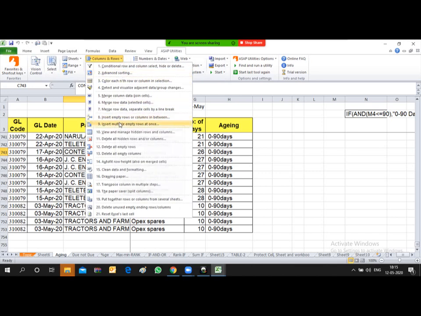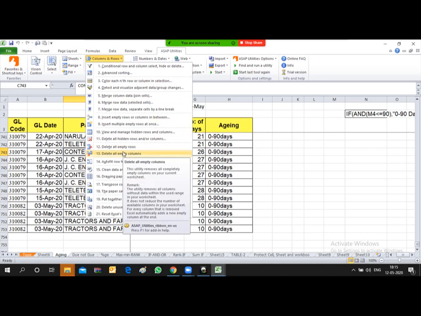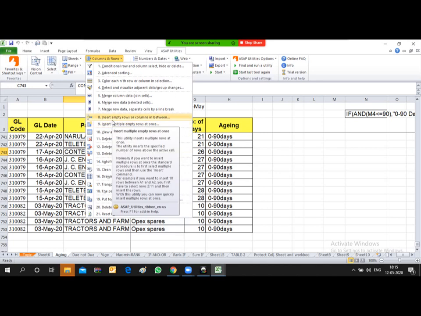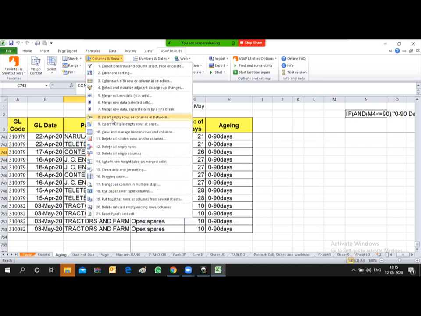Insert empty column. So many options are available over here. Insert empty row or column in between, insert multiple empty rows at once. You can also do that.